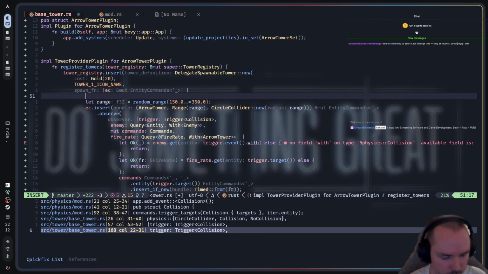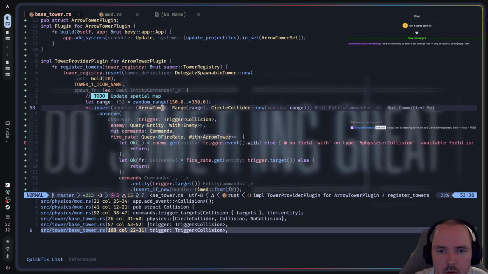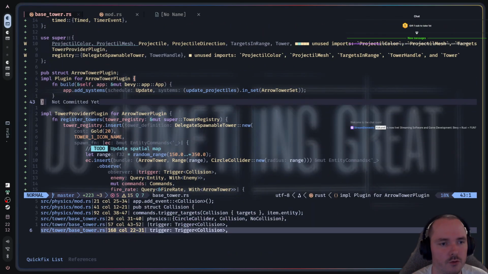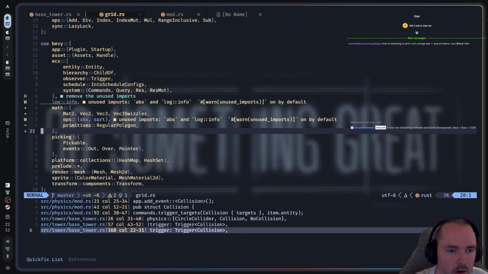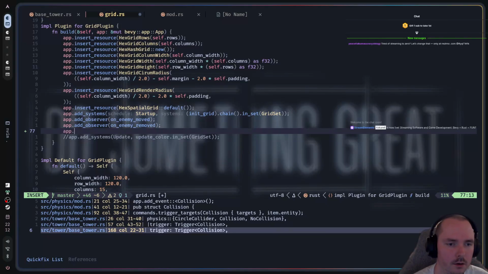Okay, I need here for sure something to update the spatial map as well. So the spatial map needs to know that there is a tower now here with that collider. But actually, maybe that makes so much more sense if I go into grid, where I have a plugin here, right? And now add